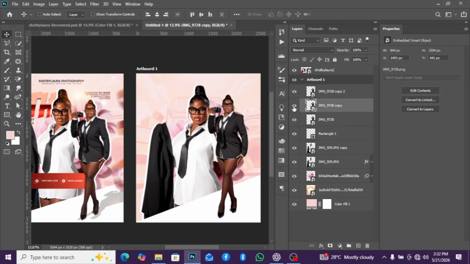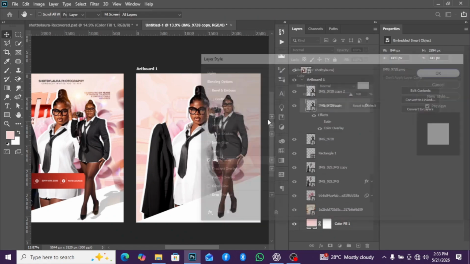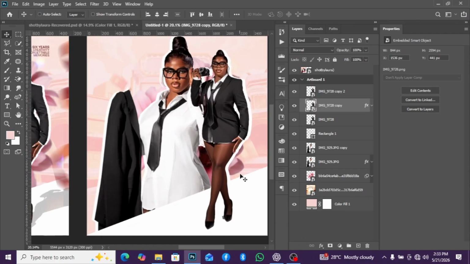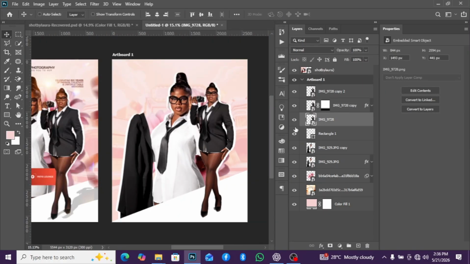So this second one, I'll go to my color overlay, not satin, color overlay, and make sure it's white, and I'll move it just like that. But if you notice, if I apply the shadow, this white will be affecting it, so I'll just mask it out and press G on your keyboard and hold your shift. So yeah, there's this. So this last one,